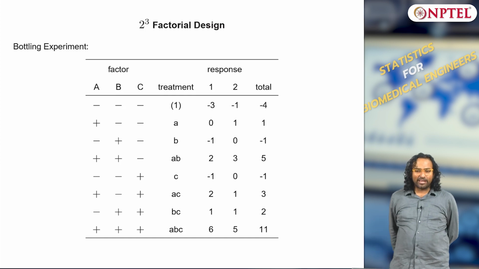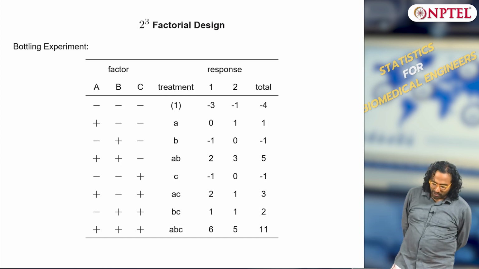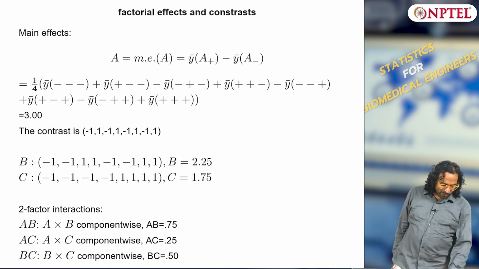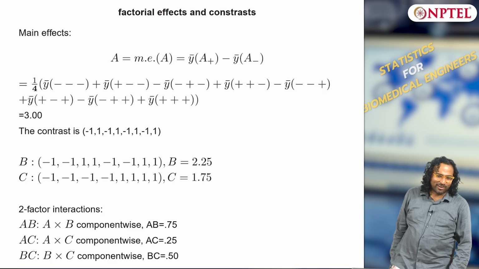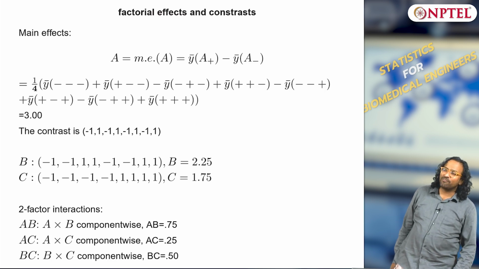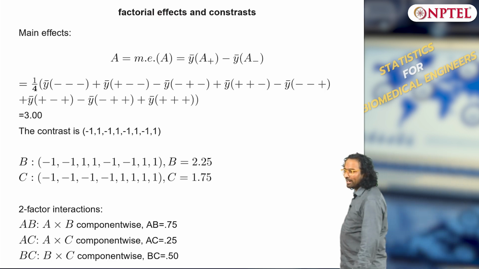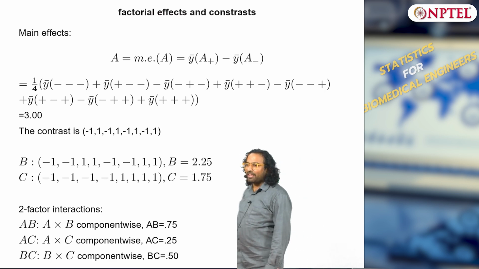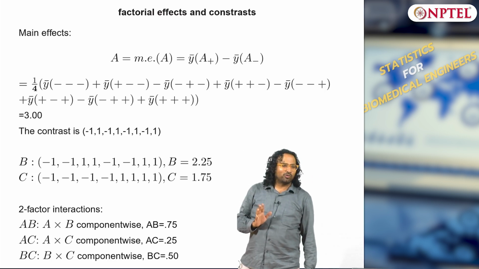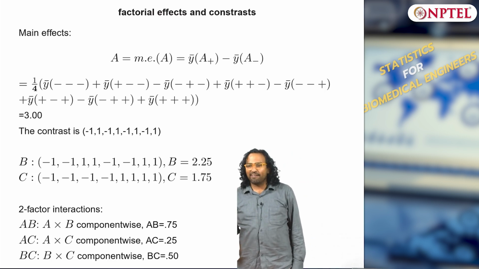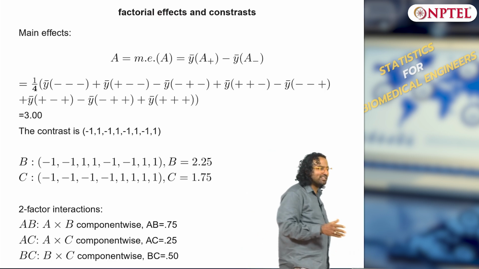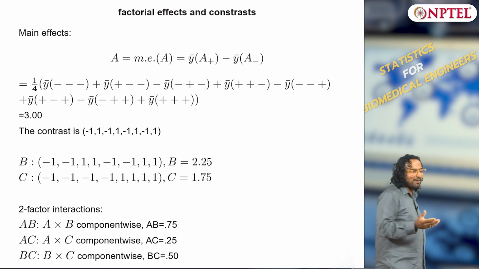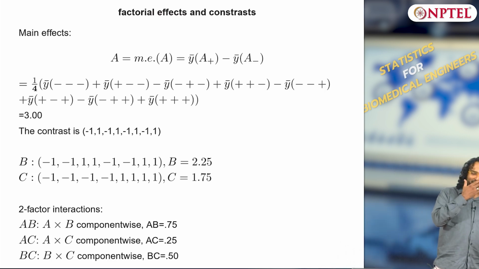So, what is the effect of A? How do you compute the main effect of A? Now, you understand why y bar A plus and y bar A minus is required. How do I write the main effect of A? Main effect of A is nothing but the average when A is positive minus the average when A is negative. Now, we did not use y bar A plus at all during 2 power 2 experiments, because that is very simple, okay, and only 4 experiments.